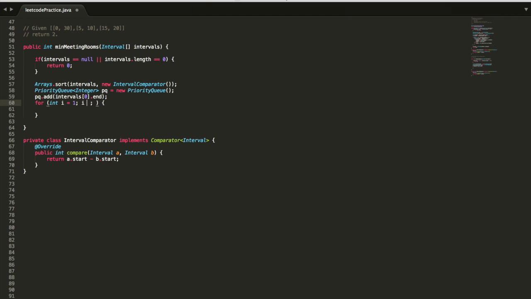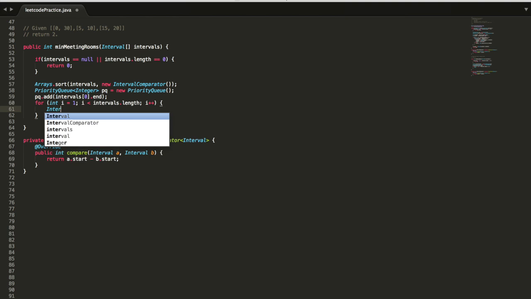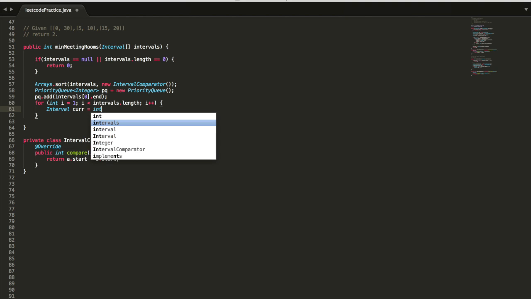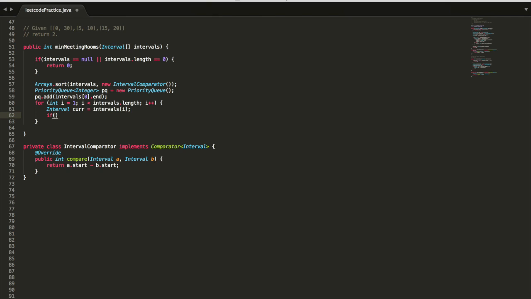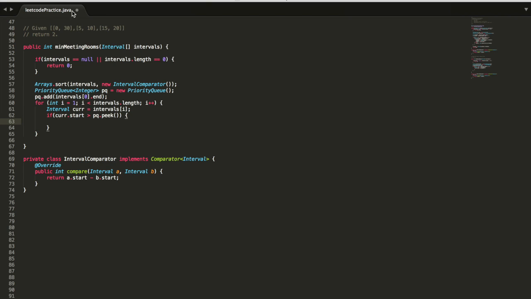So let's loop through it for i equals 1, i is less than intervals.length, i plus plus. Alright, we're starting at 1 because we just want to start from there. So let's do Interval cur is equal to intervals at i. Now if cur dot start is greater than pq dot peek, so if current dot start, which is 5, is greater than pq dot peek,